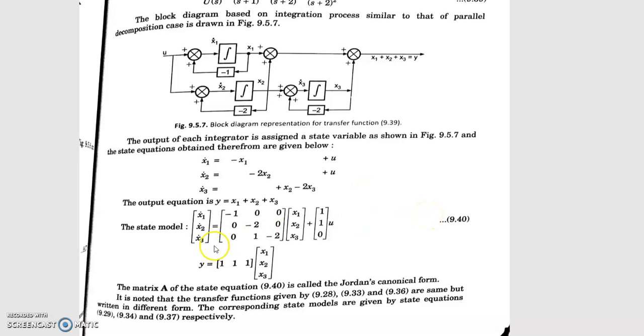Okay, so at the end we get the matrix equation for the parallel decomposition which has repeated roots, and also we have found the output response y, that is y equal to Cx. That is the last portion. And matrix A of the state equation is also called the Jordan canonical form. Yes, that is the complete syllabus of unit number 2. That is the remaining portion of unit 2. Now unit 2 has been completed.